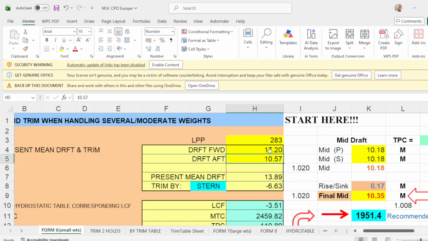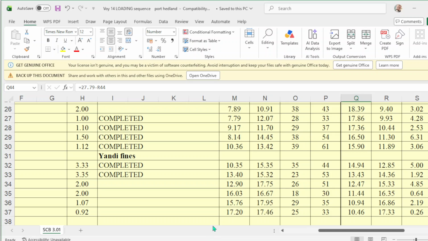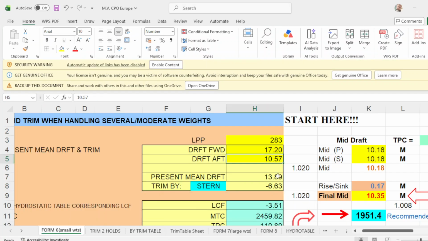Okay, and what was the drop up, which they both agreed? Drop up is 17.46. Okay, so you put 17.46 in your program. Your mid drop would be 17.33.